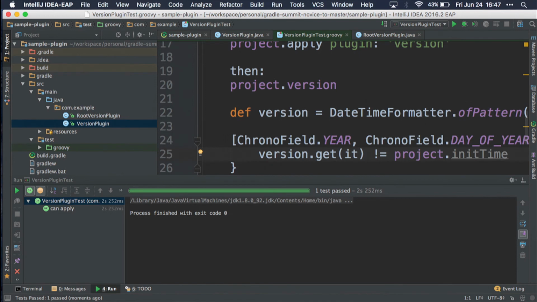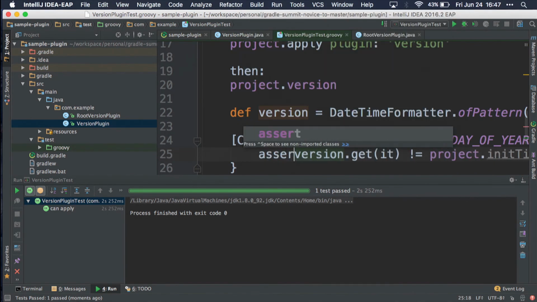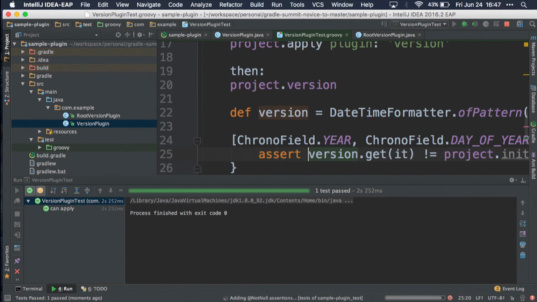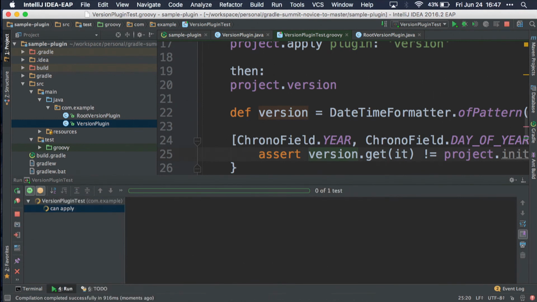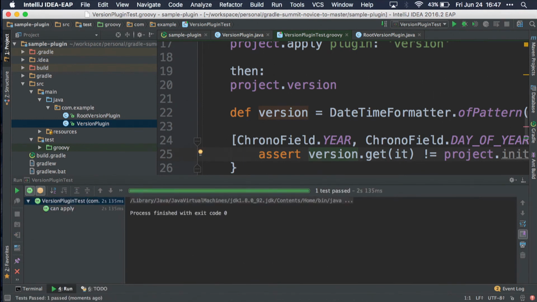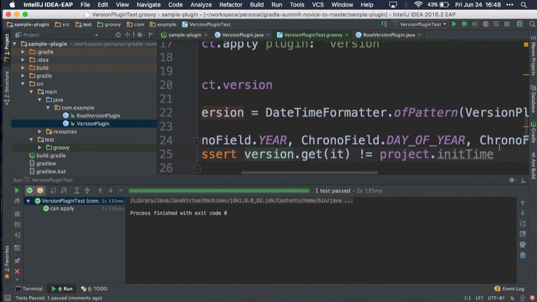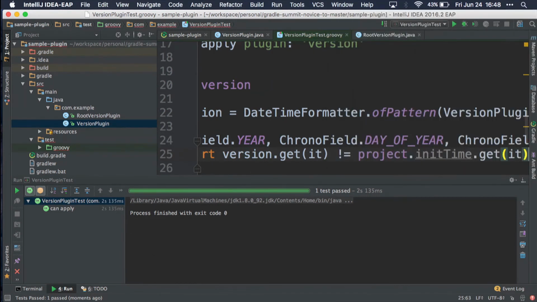They work. The reason it's not failing this test is because when you have a loop inside of Spock, you need to assert. Spock doesn't know that a closure is going to have a value. It only checks the output of it. The closure doesn't evaluate the way you need it to. So if I do assert here, the test should fail. And it didn't. That's interesting. Oh, that's right. I need to do get(it).